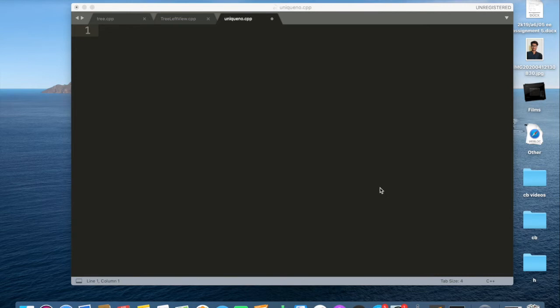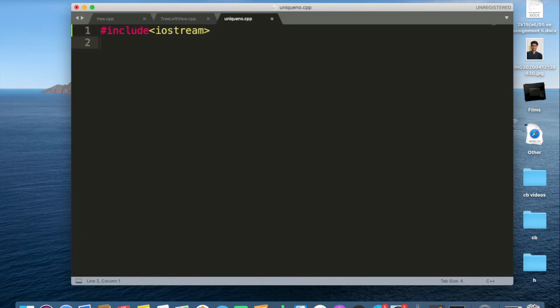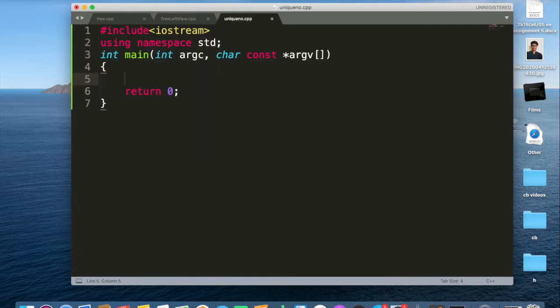First of all, hash include iostream, that is input output stream. Then using namespace std and then int main. So first of all we should know how many numbers we are inputting. For that we'll take input integer n and cin n.